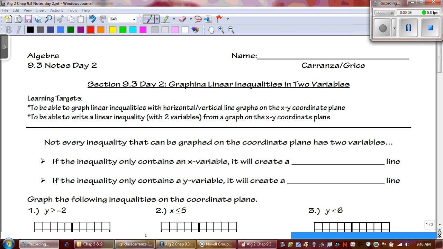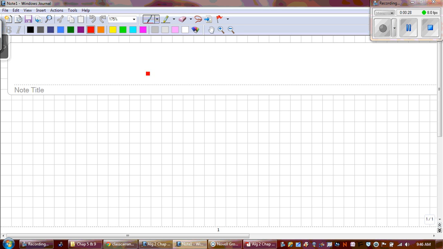Today we're going to be talking about graphing linear inequalities in two variables. Our learning target today is to be able to graph linear inequalities with the horizontal and vertical line graphs on the xy coordinate plane, and to be able to write a linear inequality with two variables from a graph on the xy coordinate plane. So, just as a review from yesterday,